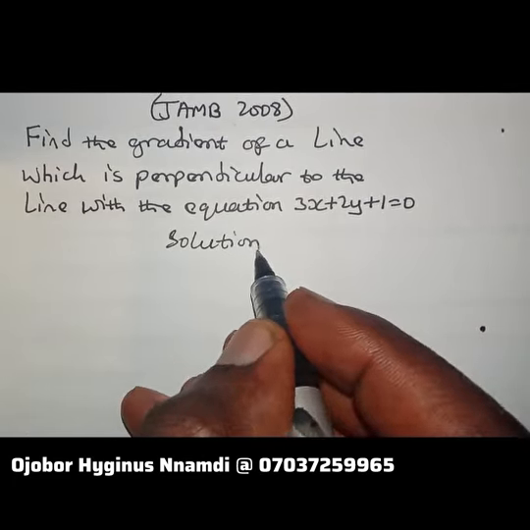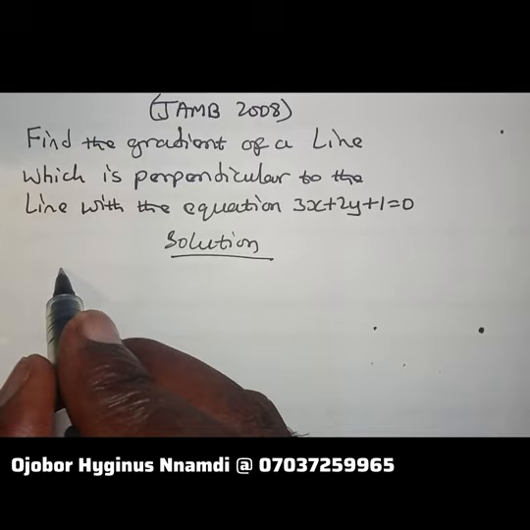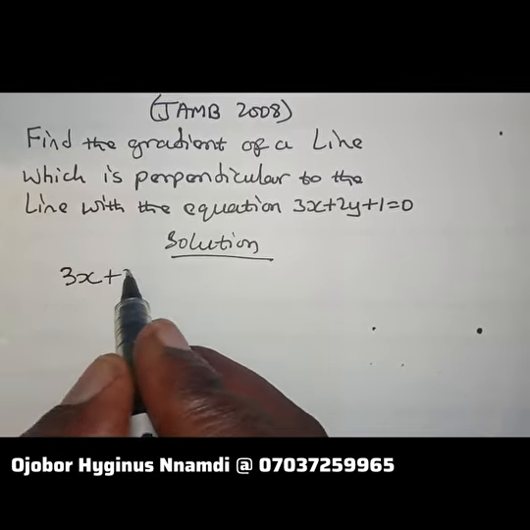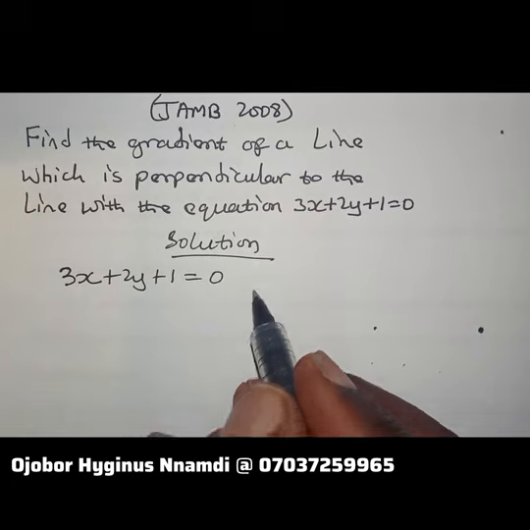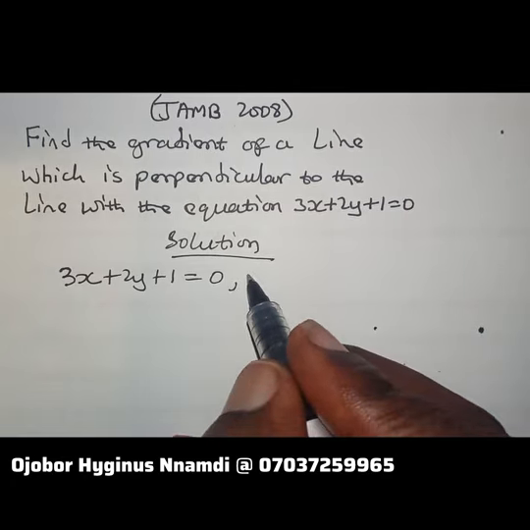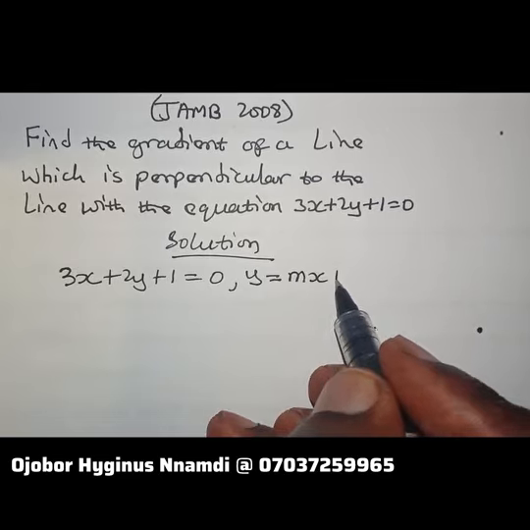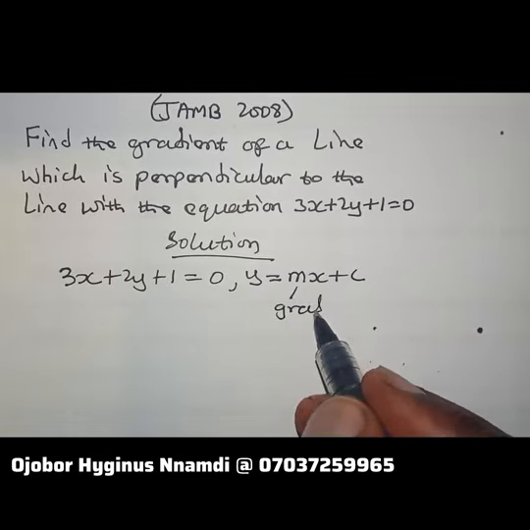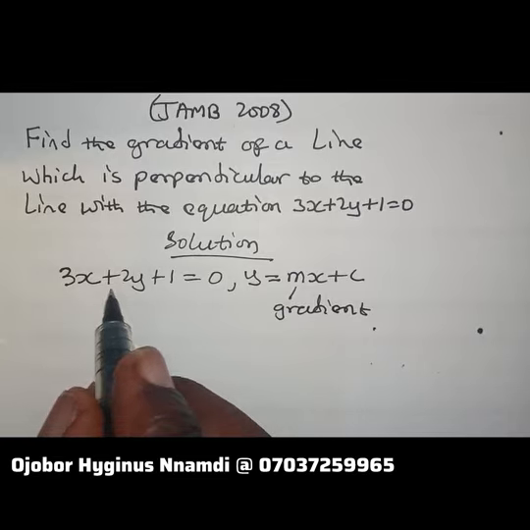If you have an equation representing a line, that means it is a linear equation. And that linear equation is 3x + 2y + 1 = 0. You remember that our general linear equation is represented by y = mx + c, where m is the gradient. So if we go by that, we'll try to make y the subject of the formula